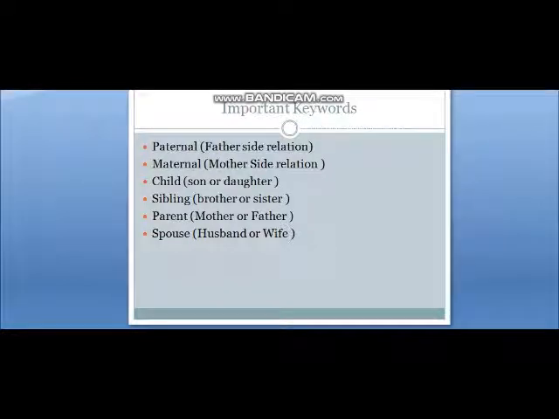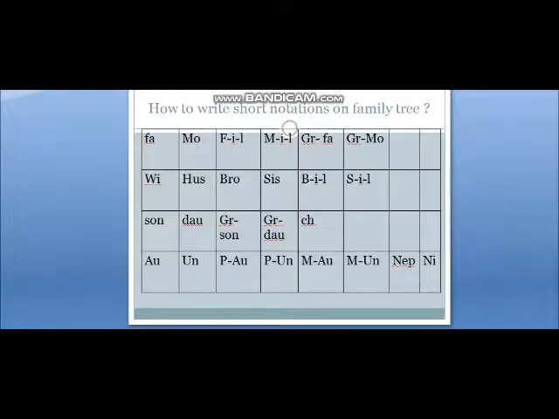Now I am going to give you a trick. In some books or in some examples, they say that for male we have to draw a box, for female we have to draw a circle, or for male we draw minus and for female we draw plus. Or the male and female symbols are used. But what I am going to use, I am simply writing some letters for that. The first two or three letters I am using for writing that relation. So I am not going to draw any square or circle. After identifying, I am writing small letters.